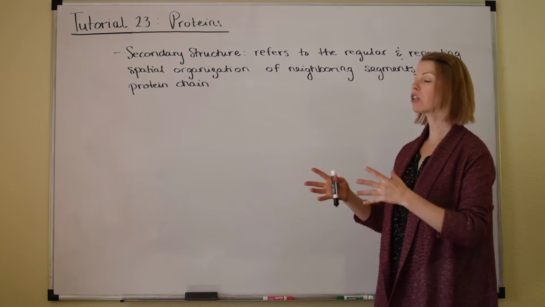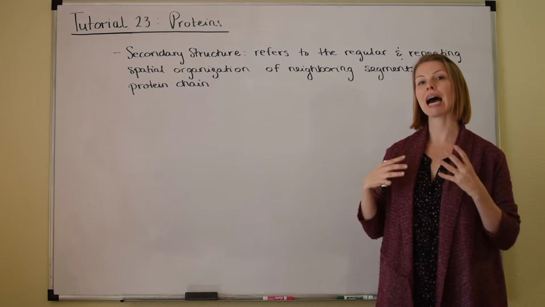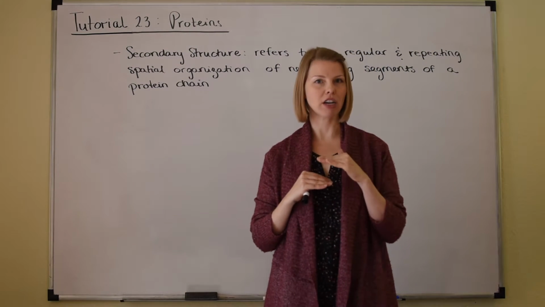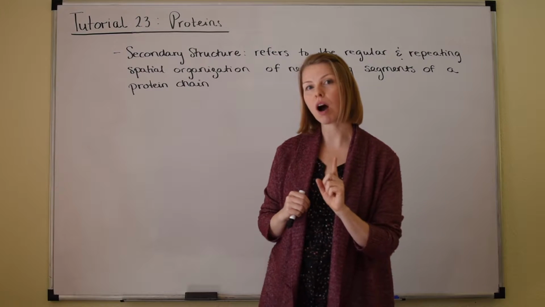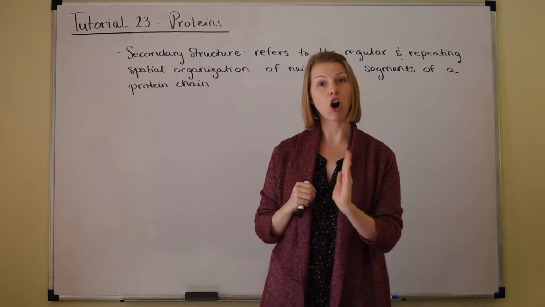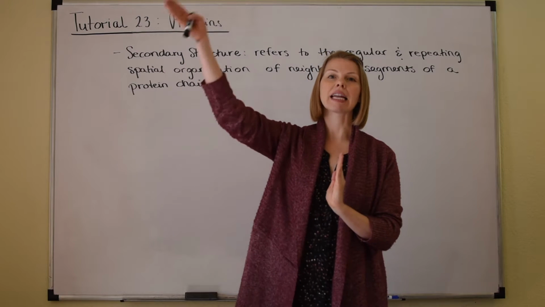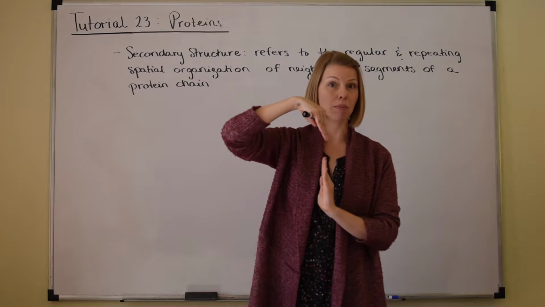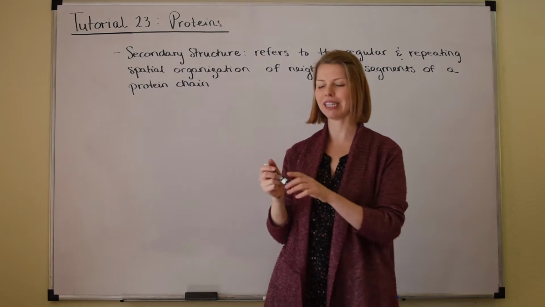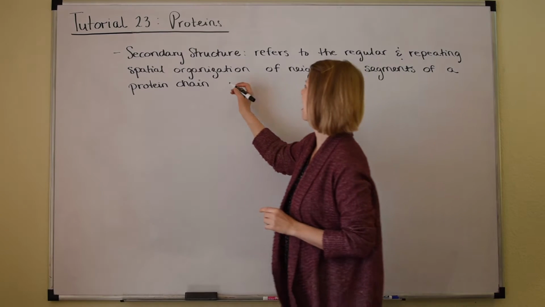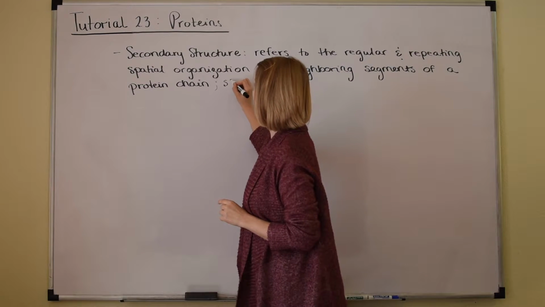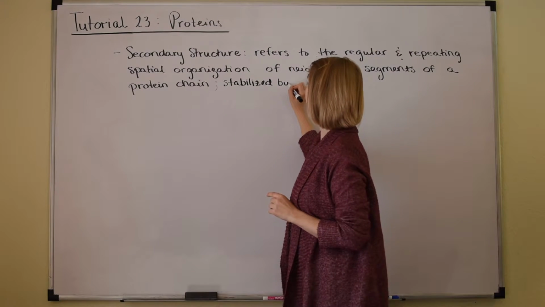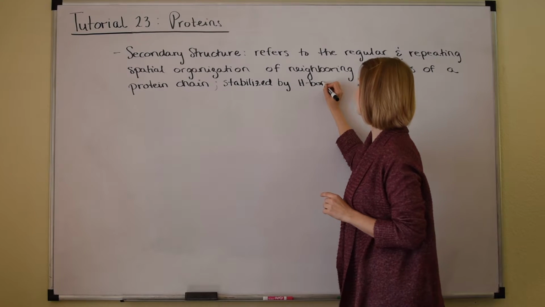And these regular repeating patterns of the secondary structure are stabilized by hydrogen bonding. And that hydrogen bonding occurs between carbonyl units and NHs along the protein backbone. So what does that mean? Along the protein backbone. Okay, so let's write that. Let's write that this is stabilized by hydrogen bonding. I'll try H bonding